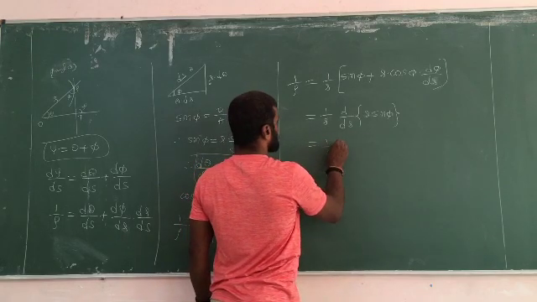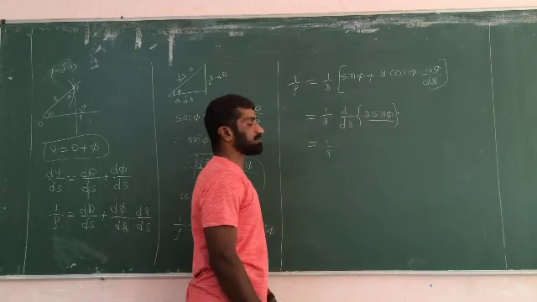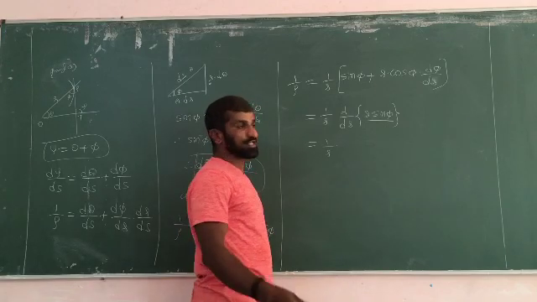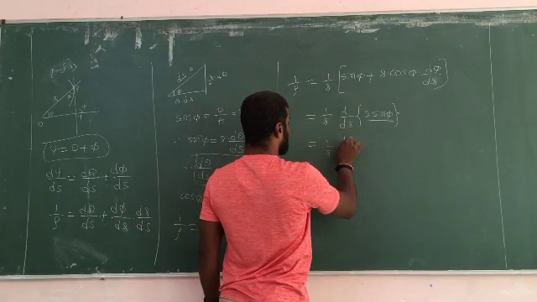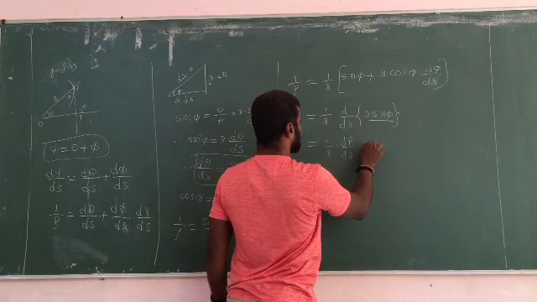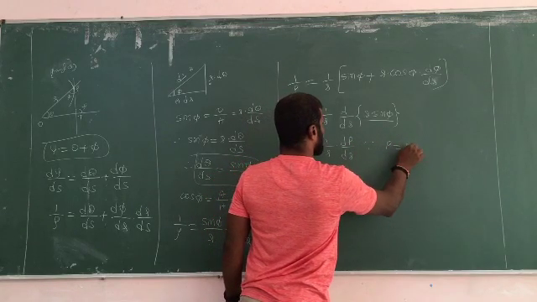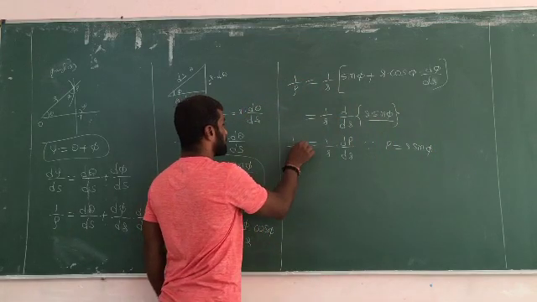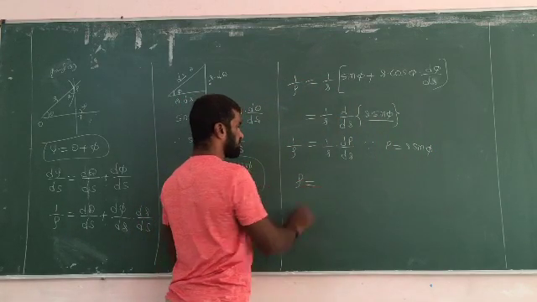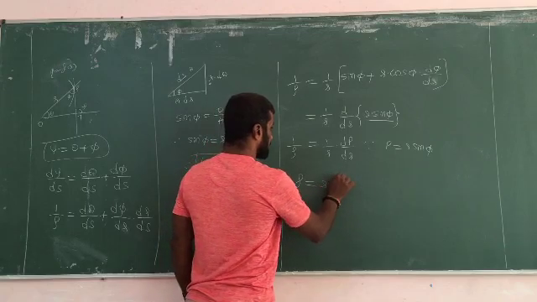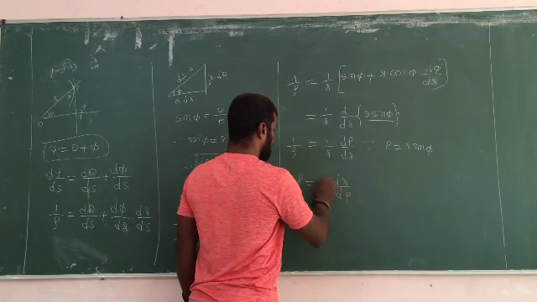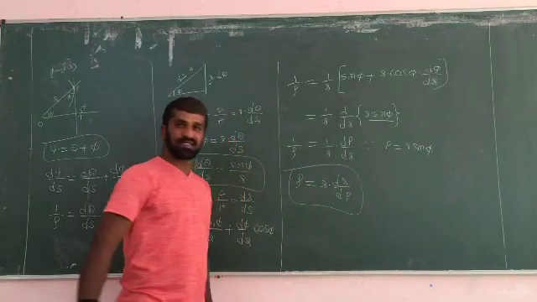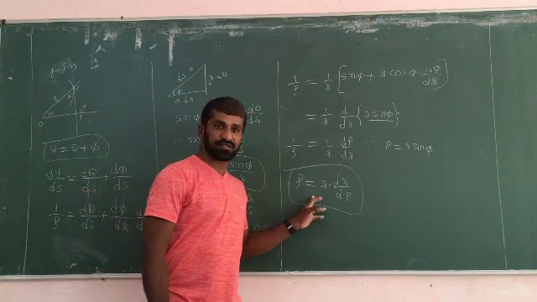So 1 by r into sin psi value, the derivative is 1, it is dp by dr, because p is equal to r sin psi. So 1 by rho is nothing but r into dr by dp, reversing. This is the formula for radius of curvature, hence the proof.